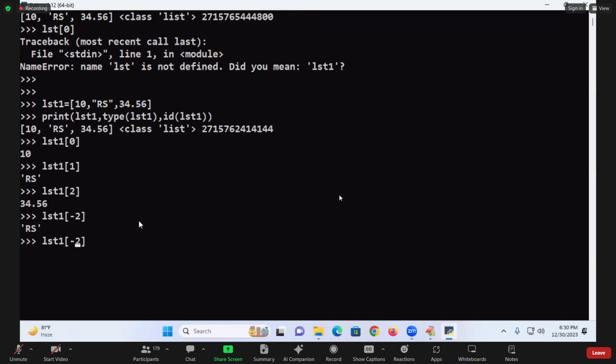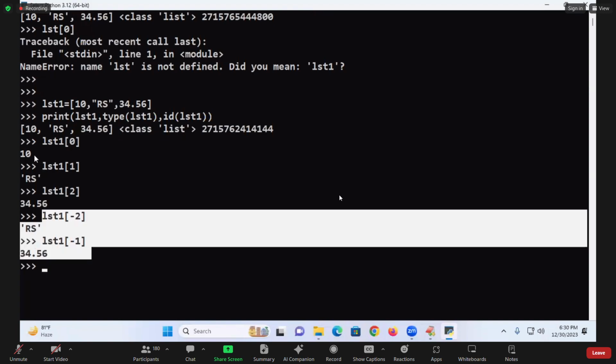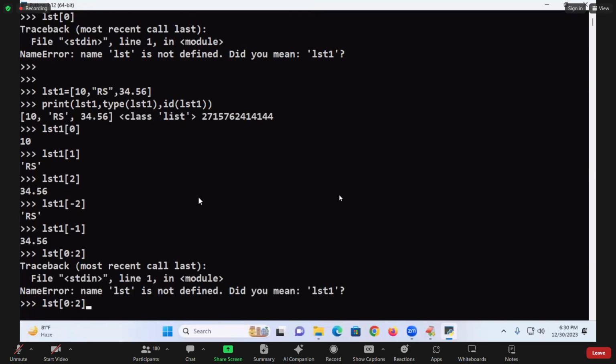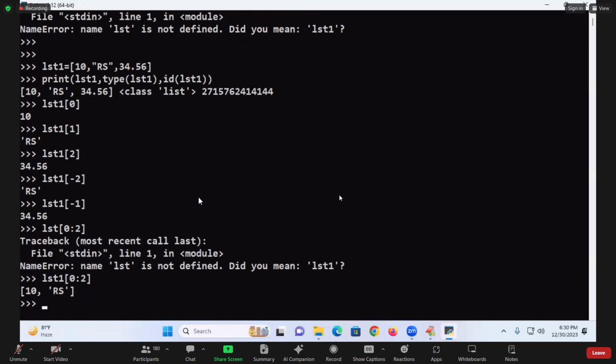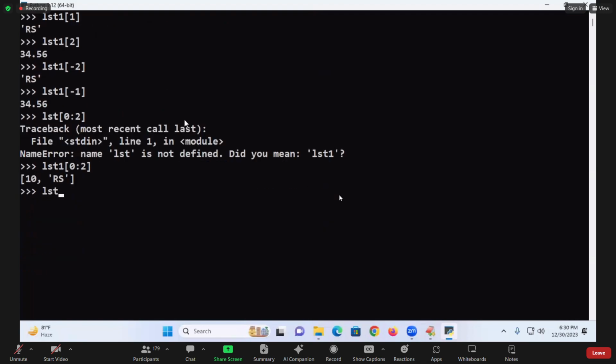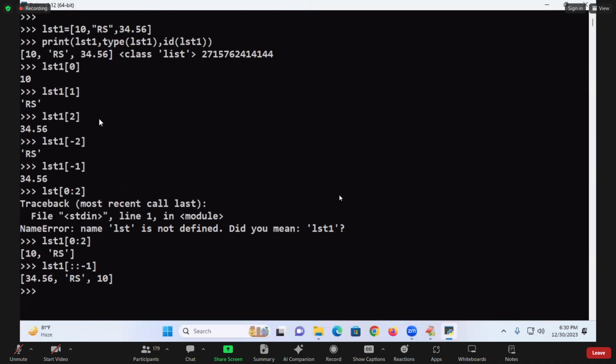RS, LST of minus 1, 34.56. This is going to give you negative values. And this one, LST of 0 colon 2, is going to give you LST 1 of 2. It is going to give you the first 2 values, or not? Next, LST 1 of colon minus 1 will give you the reverse part of it. That indicates